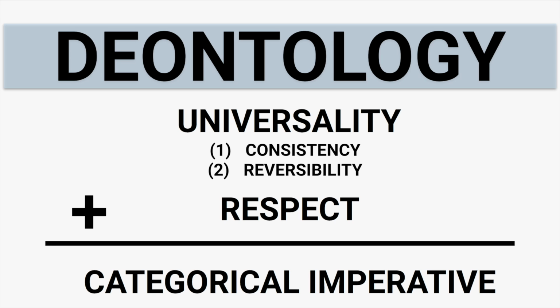That means that we should be able to universalize any particular law or action to determine whether it is ethical. For some rule or action to be universal, it has to meet two more requirements. First, it must be consistent. That means that it has to be capable of being consistently applied to all parties. Second, it has to be reversible. Reversible means that we have to be empathetic and be able to put ourselves in the other party's shoes.